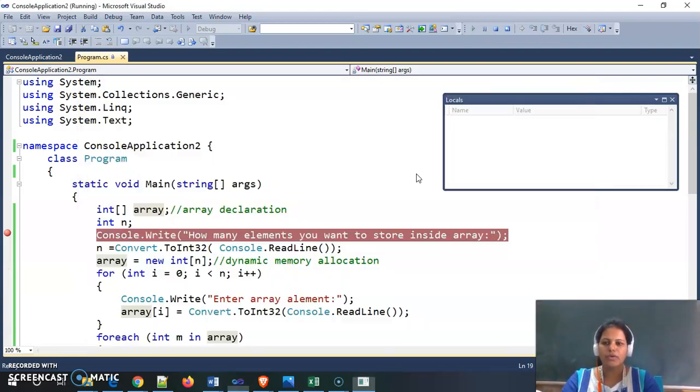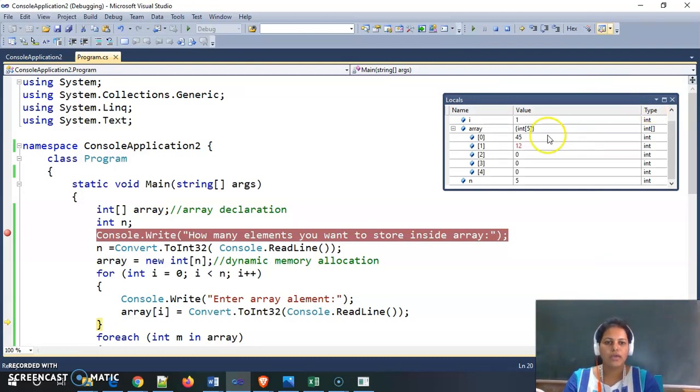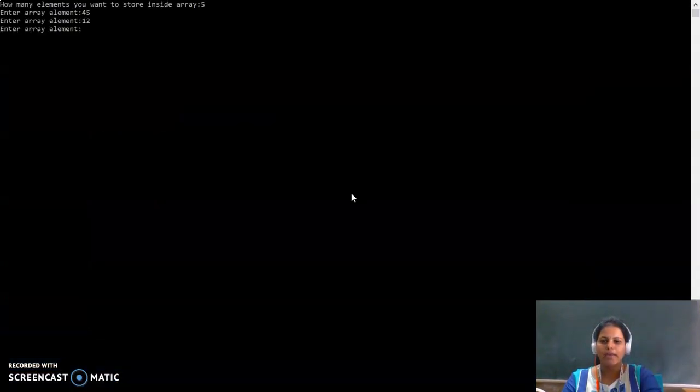Then I give 12. Now see, 12 will be stored at index 1 because now the value of i is 1. So in this way we allocate memory dynamically, and also store or initialize the array dynamically.